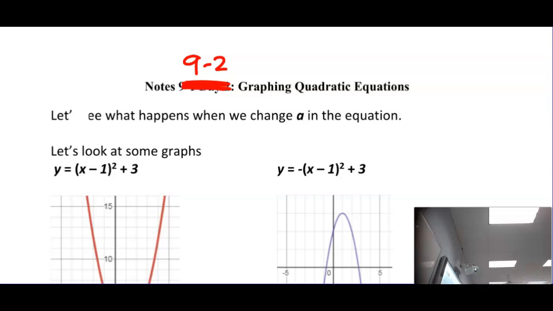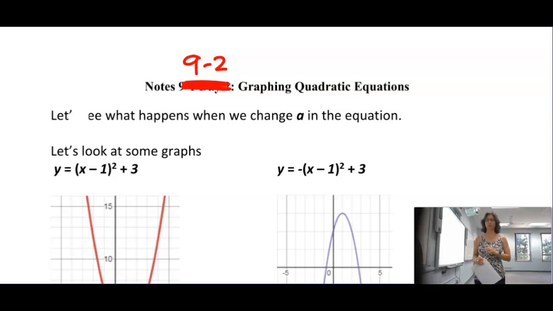Look at 9.2. 9.2 is important. We're going to add another element into graphing our parabola. We're going to look at what happens if we change what the A is in the equation. Okay? So when we change what the A is in the equation,